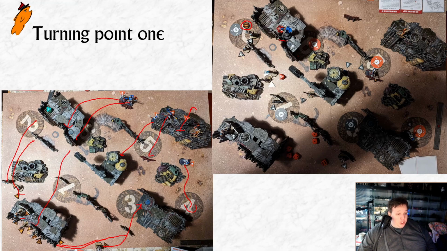So, having shot, he would have been vulnerable to being orbital bombardmented by the guy down here, for example, or anywhere else really on the board where I could draw line of sight to him. So I then followed up with the Rogue Trader, who came again up this way, and you can see her here on the end of the turn, and she tried to finish off this Eldar with